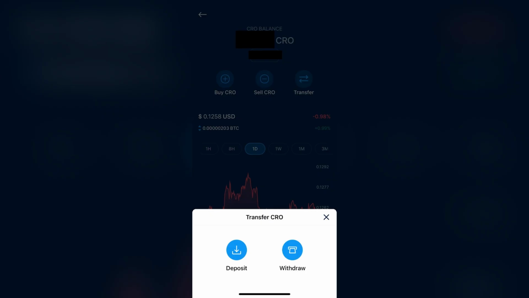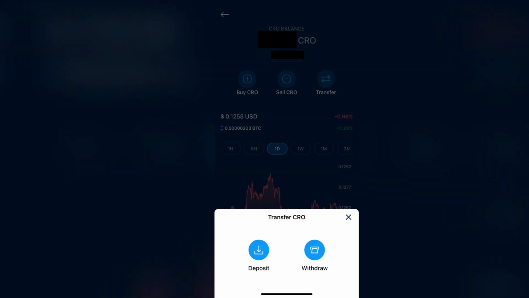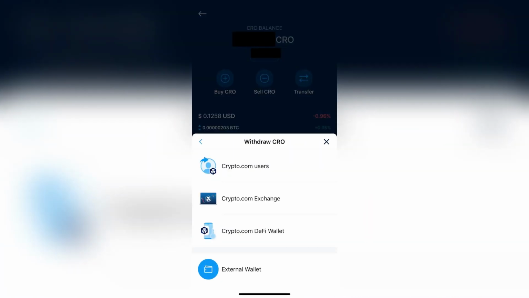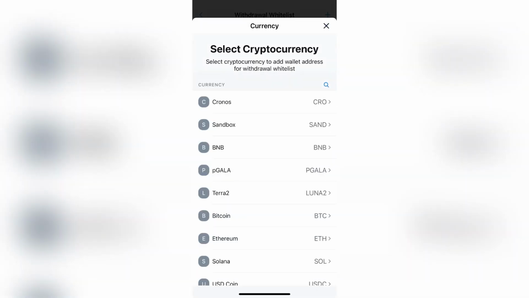Now go to the email to confirm the wallet that you just created on Crypto.com in the preceding steps. Go back to Crypto.com and again select Transfer, Withdraw. Select a new wallet and enter the amount of crypto that you'd like to transfer from Crypto.com to Coinbase. Select Withdraw, then Confirm. After completing these steps, you will be able to view the transaction on the Explorer by